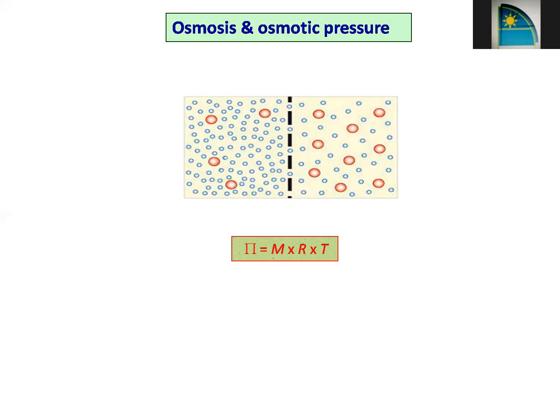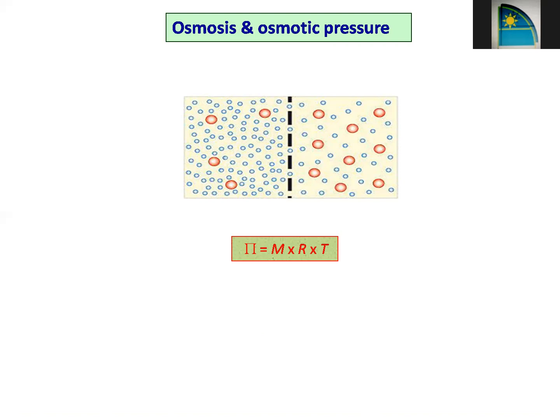But usually when we are trying to purify the water, we do not want the pure water to go and get mixed into the dirty water. So usually in our households, what we do is we apply some kind of pressure onto the other side, the dirty water side where the number of particles of water is less. We add so much pressure that the normal osmosis starts to go in the reverse direction. That type of water purifier is also known as an RO water purifier, or reverse osmosis purifier.